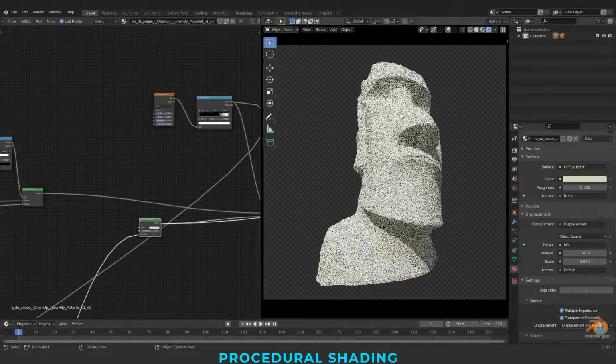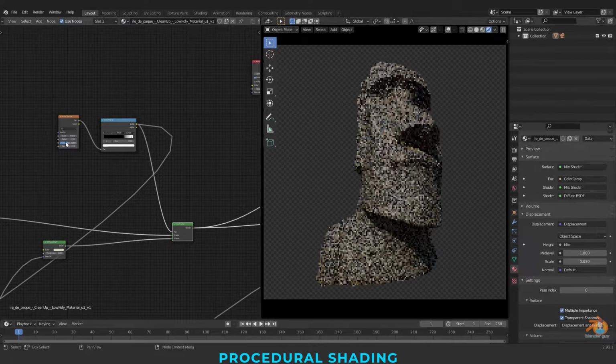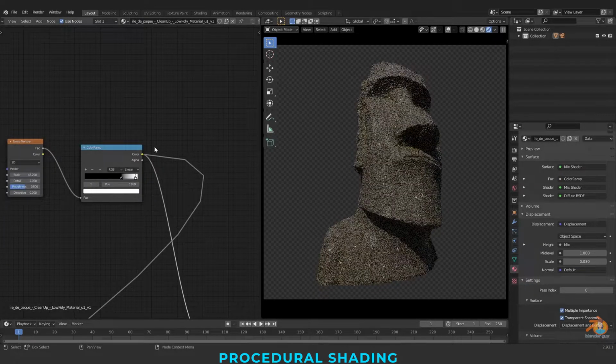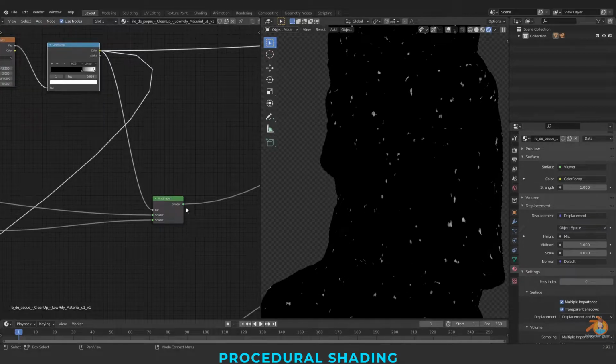Next material is this white. We have connected that with noise texture again for this dots pattern, you can see here, these white dots.